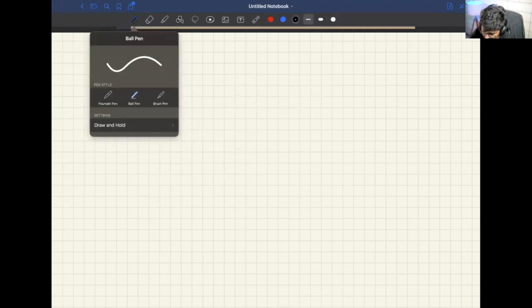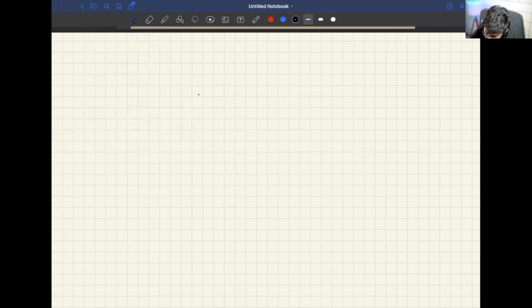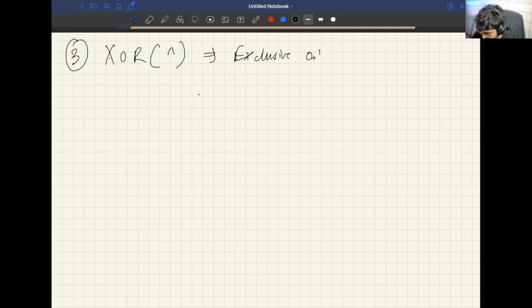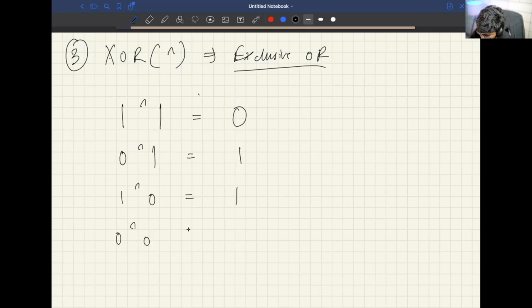But now to the interesting point. So now the interesting thing is the third one, which is XOR. Symbol is this. It's known as exclusive OR. Okay. What do I mean by exclusive OR? If I'm saying 1 XOR 1, this should give me 0. It basically means only odd number of elements should be true. In this, both of these are true, hence it's giving me 0. 0 XOR 1, odd number of elements are true, this is true. 1 XOR 0, odd number of elements are true, this is true. 0 XOR 0, no elements are true, 0.